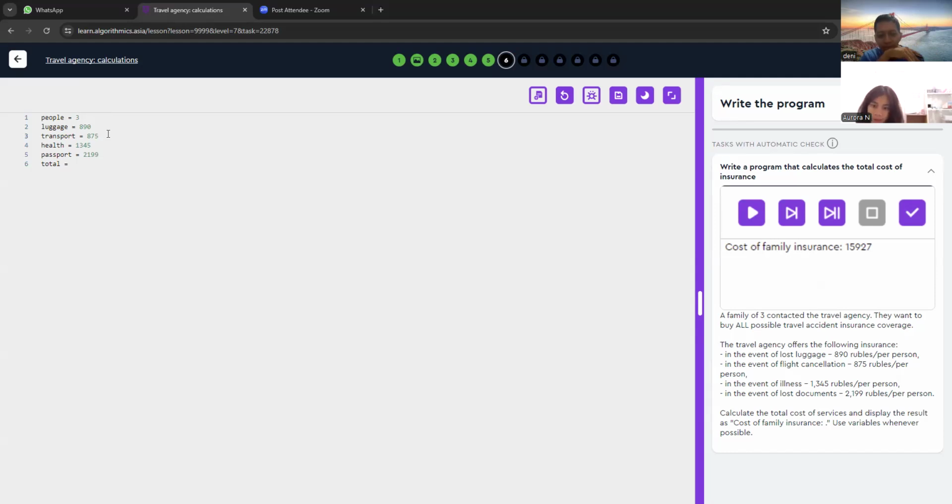Okay. I think there's no problem with this number. You just need to create the total. You need to create the formula and then print it. Just that.